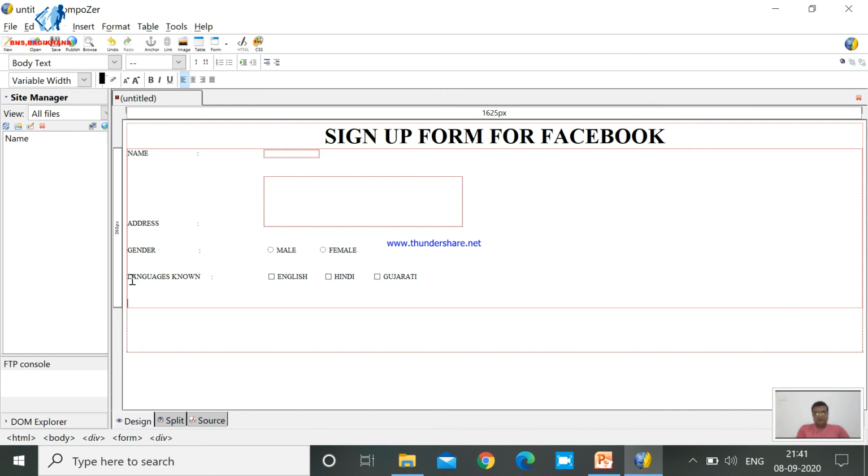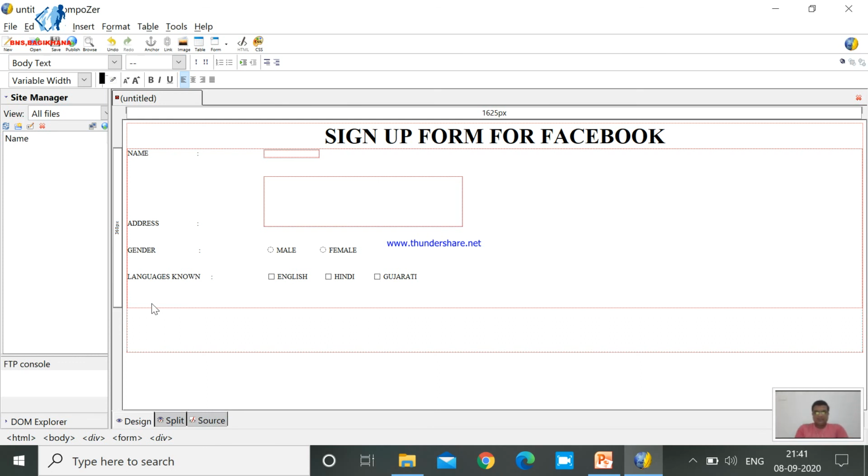So here you can see languages may vary from person to person. A person can know English, Hindi or Gujarati, all of them, or any two or any one. So whenever different requirements are there, as per the choice we have to take this checkbox, right?